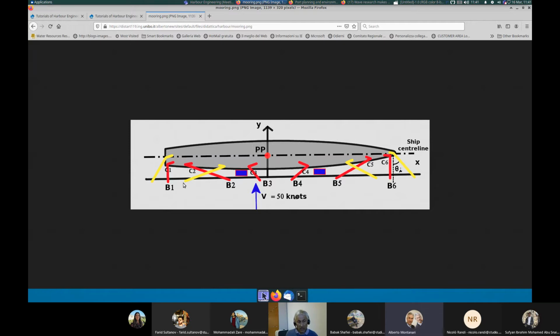And then I have 6 chocks. What are the chocks? I show you an image of a chock. I look on Google, chock ship. And let's look for the image,